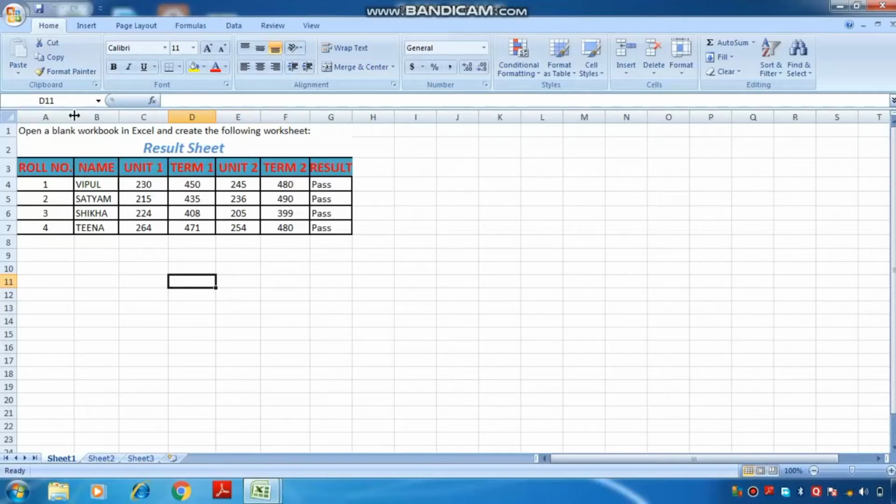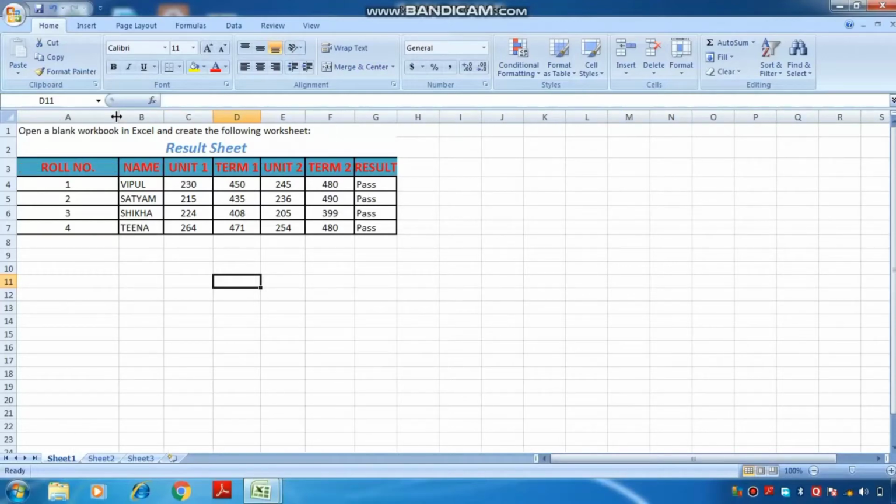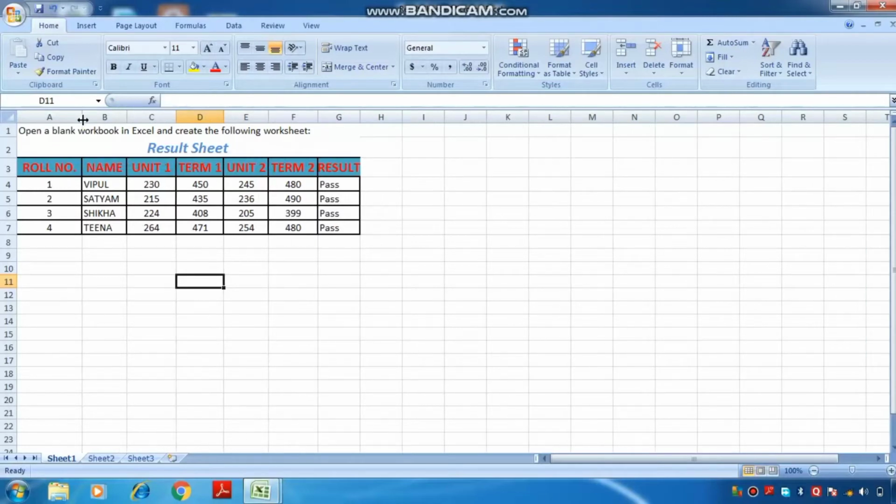So this one is the column header area, and I put my mouse pointer here so the pointer turns to this shape. As you have seen, the pointer turns to a plus like shape. Now drag it towards the left or right, wherever we want to adjust the column width as needed, like this. You can change it according to your need, left or right. Hope you all are clear.